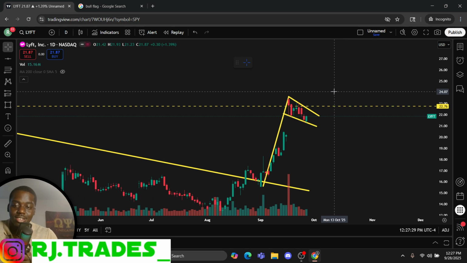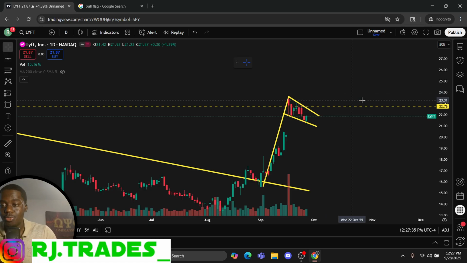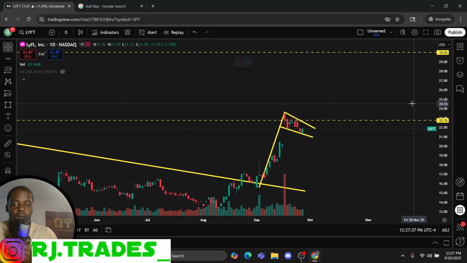All right, that's the bull flag. I gave you guys exactly what it looks like. This is how you play it. This is what you look for. You still are incorporating your levels. That's it. Okay, and how do you want to confirm it?